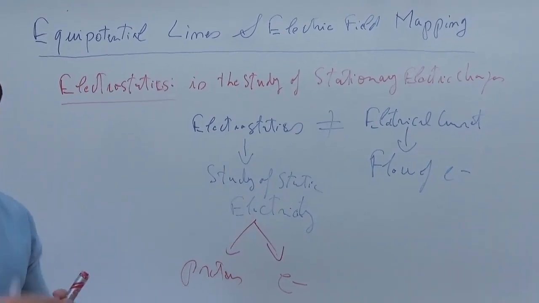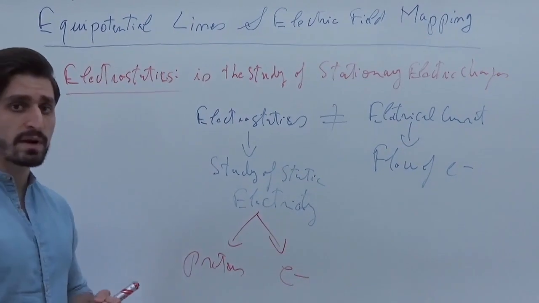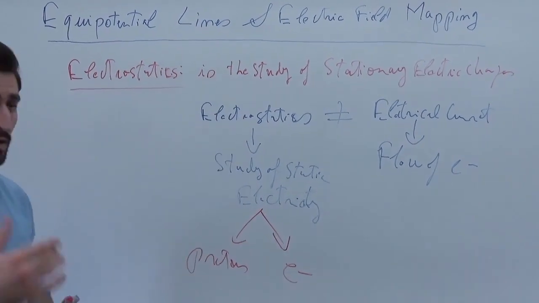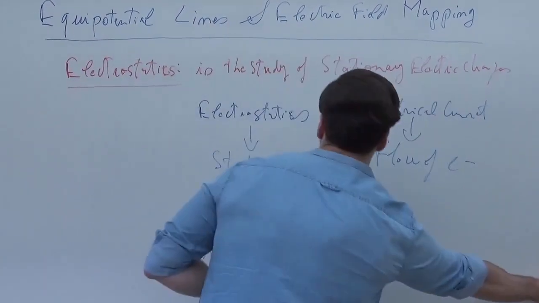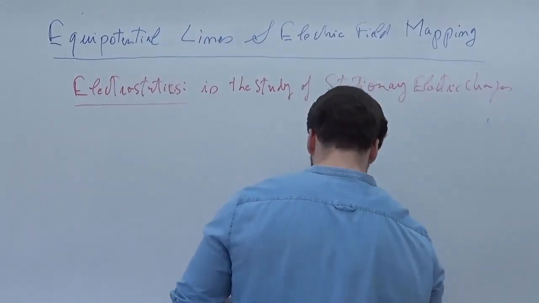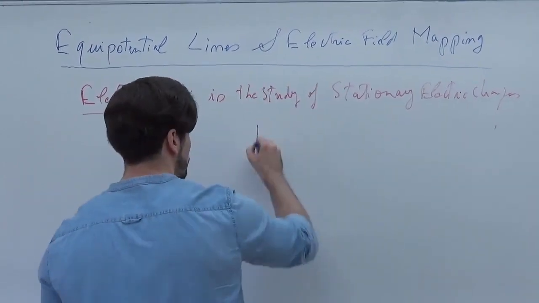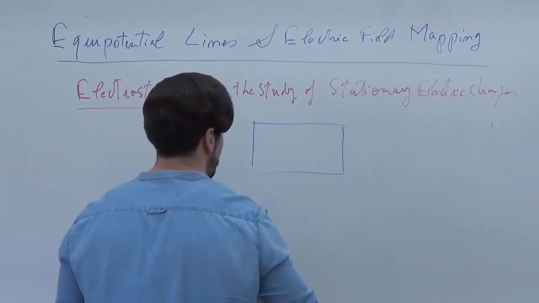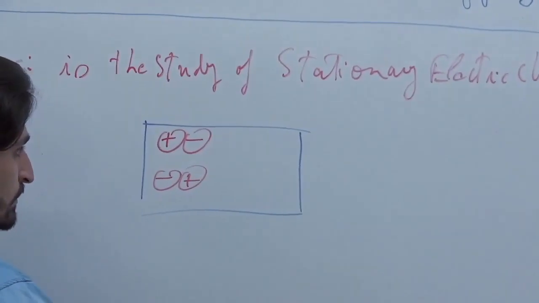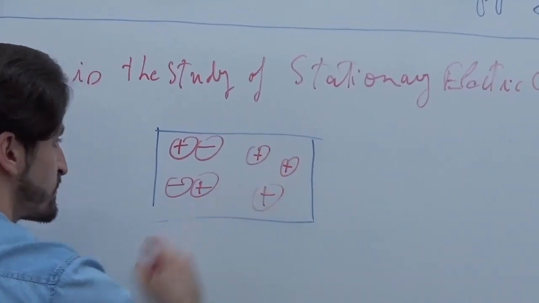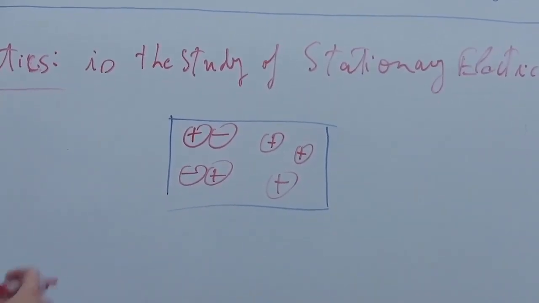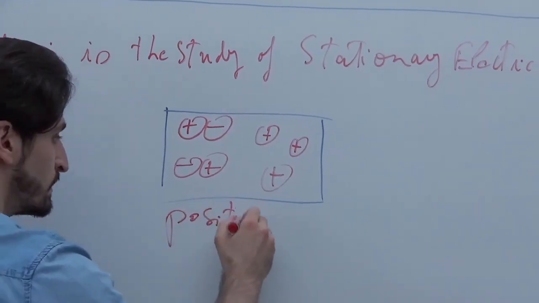A case where we might have a positively charged object, a case where we might have a negatively charged object, and another case where we might have an electrically neutral object. So for example, if we consider the following object, which has a proton bound to an electron, another electron bound to another proton, and then we have a bunch of stray protons over here. Therefore, as we can see, we have more protons in that object than we have electrons. Therefore, such an object is characterized to be positively